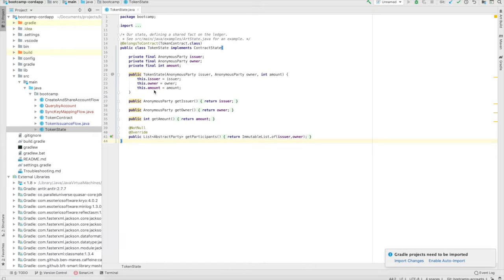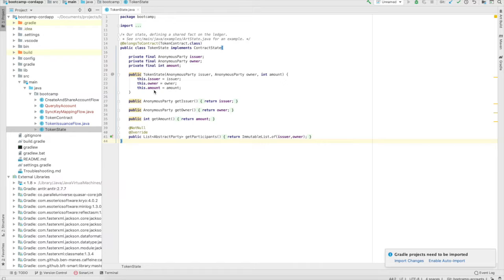In this video, we will see how accounts transact with each other and how they make use of confidential identities. We use Corda to make sure that what you see is what I see. But in this case, you and I were nodes till now. With accounts, we aim to achieve that what you see is what I see, but you and I are accounts hosted on individual nodes.